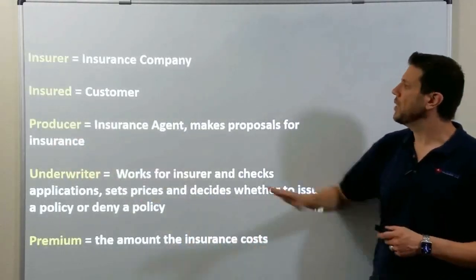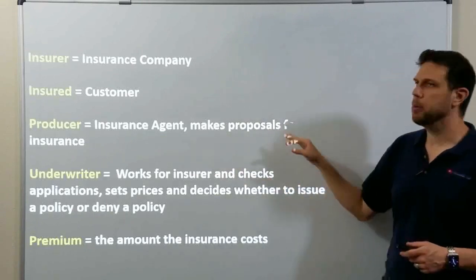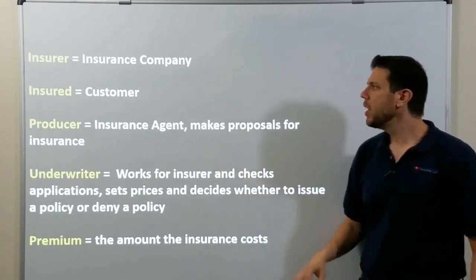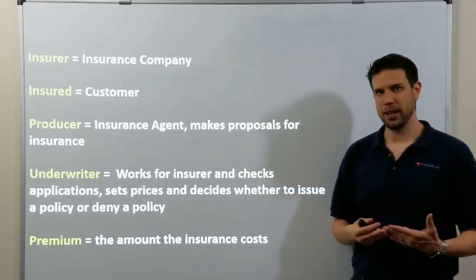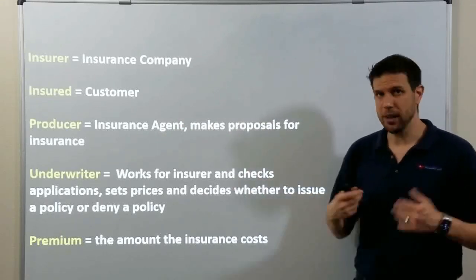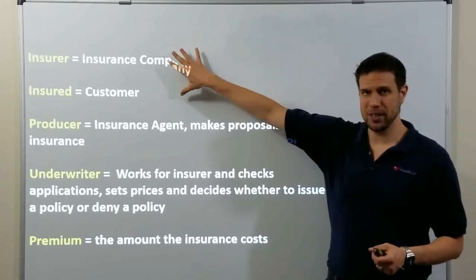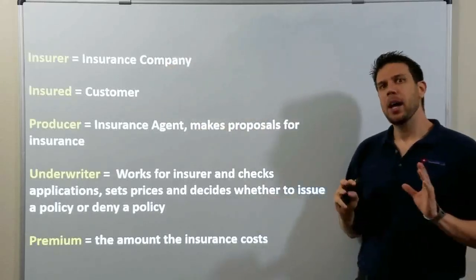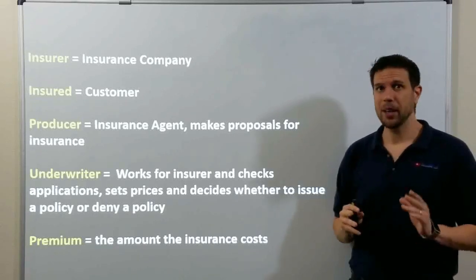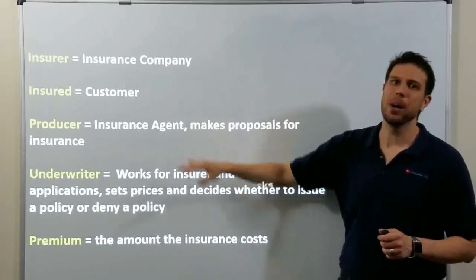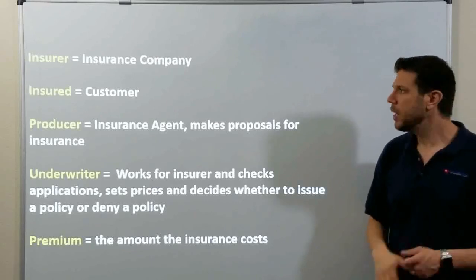What we do is we sell insurance and make proposals to customers. Most producers are 1099 contractors. We earn commission typically from the insurance companies. Most producers don't want to be salary. Commission will make you a lot more money than salary will.